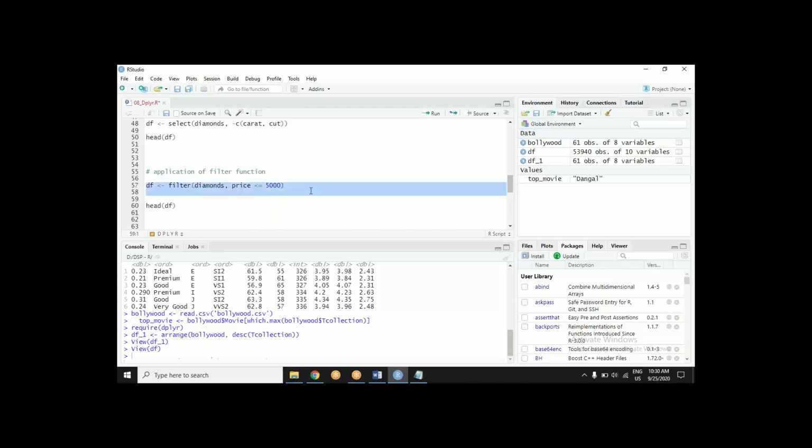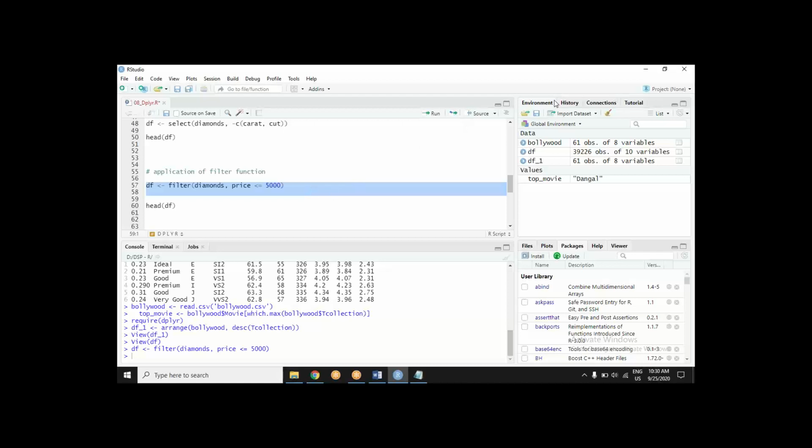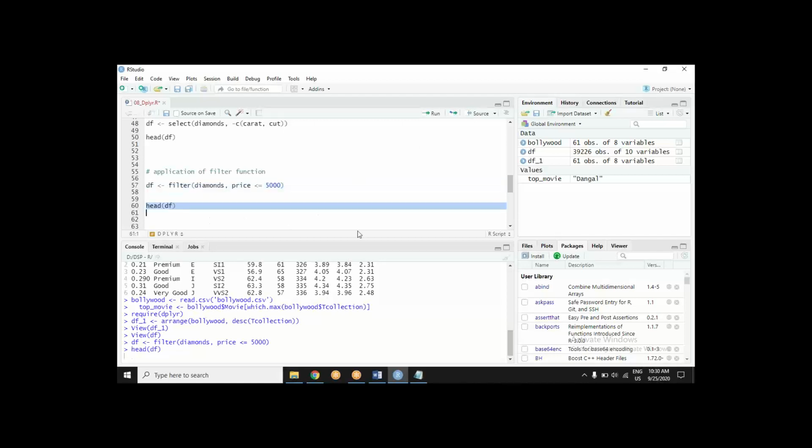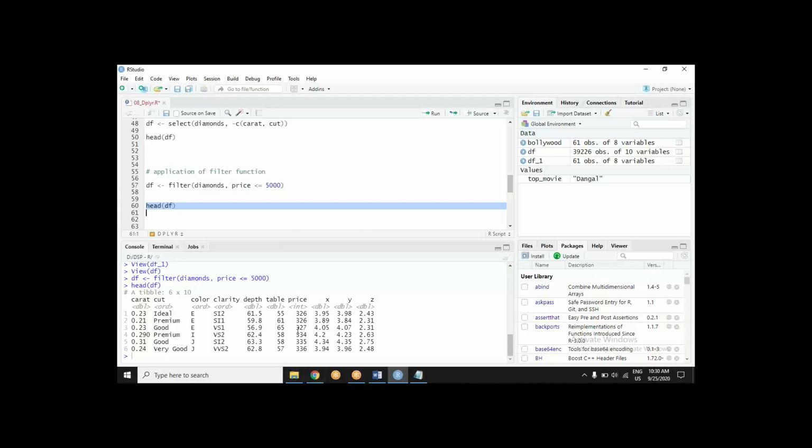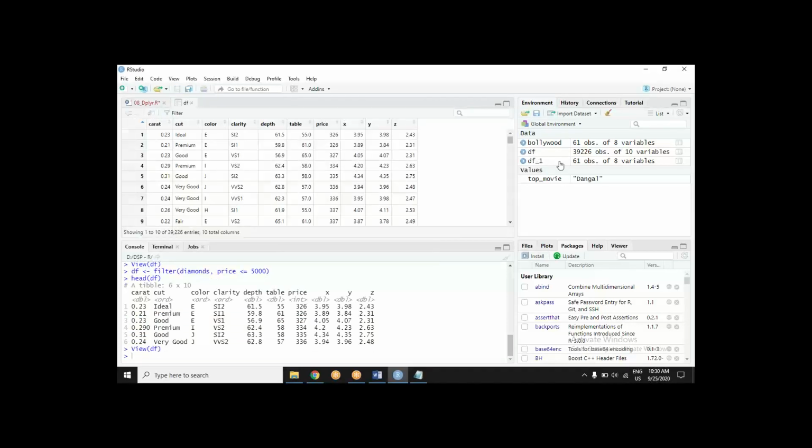You need some conditional statements. Let's see the head of this data set now. It contains only those diamonds which are priced below 5,000. Let's check how many there are. Out of 53,000, there are 39,000 some diamonds which are below 5,000.